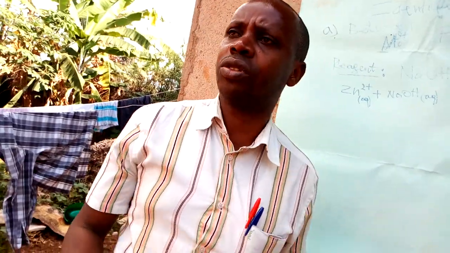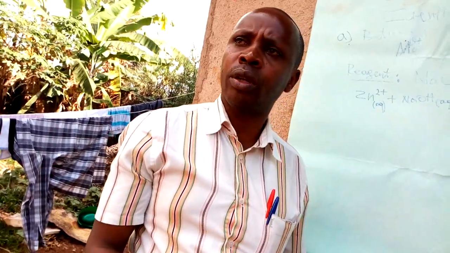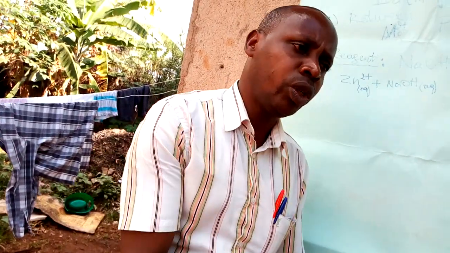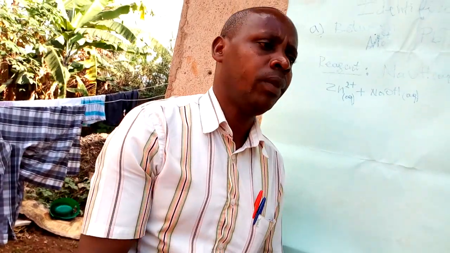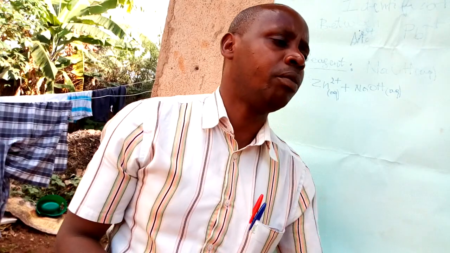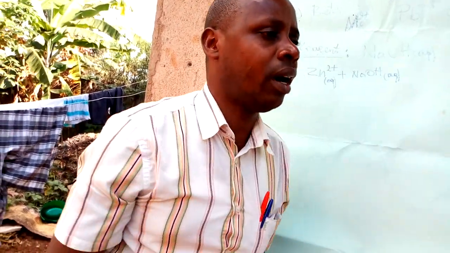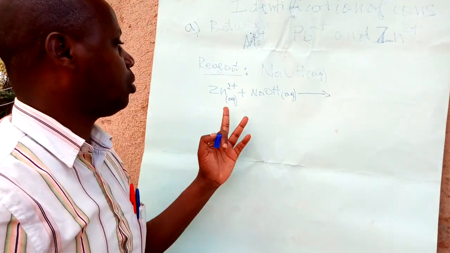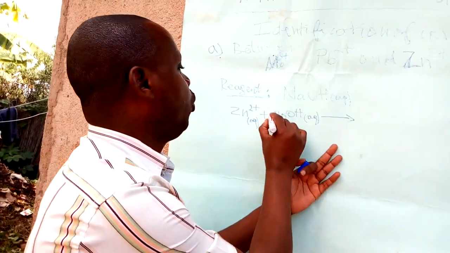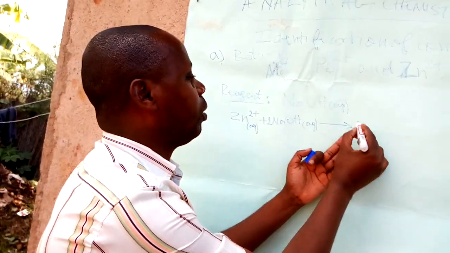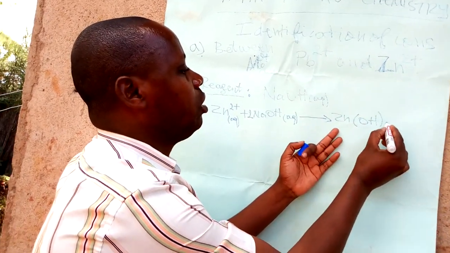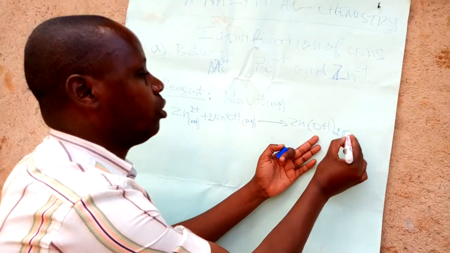When you are testing, you start with solutions which are colorless. Then you look for either a precipitate or a colored solution. In this case, you find that the product, as the balanced equation shows, will be zinc hydroxide solid